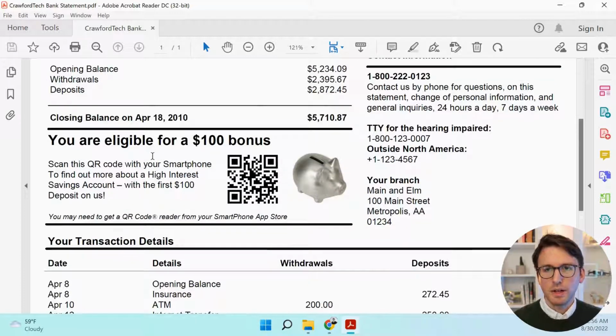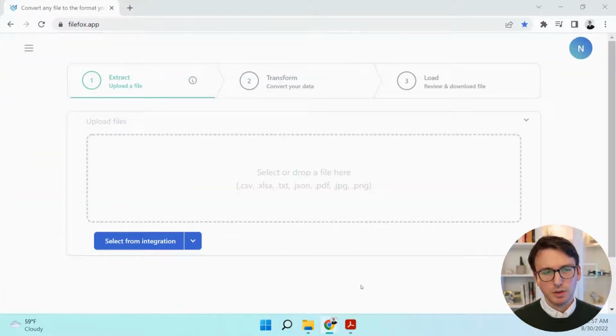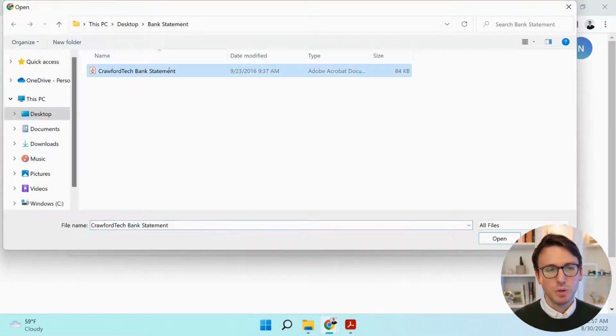So what we're going to do is open FileFox. Now, if you're familiar with FileFox, you know that you can pull data from another integration, but in this case we're just going to pull data right from our desktop here. So we're going to take this bank statement, and again, if we had multiple bank statements, we could select multiple files here. If we had multiple pages, it will pick those up. So we're going to select open,